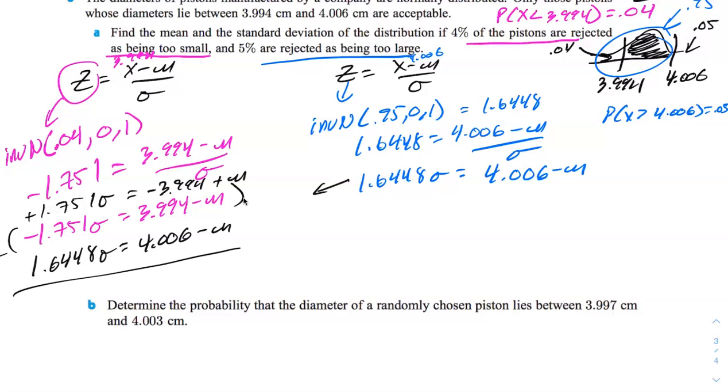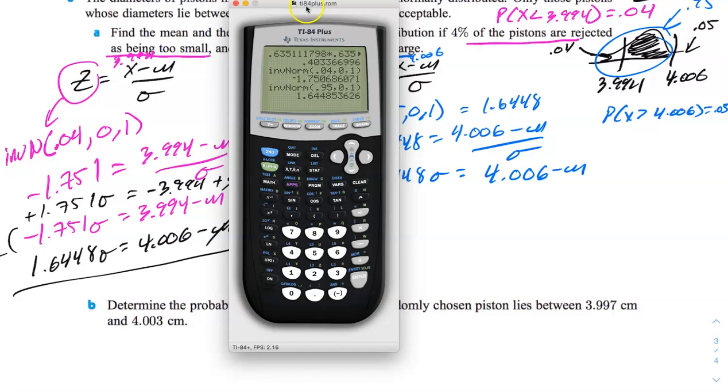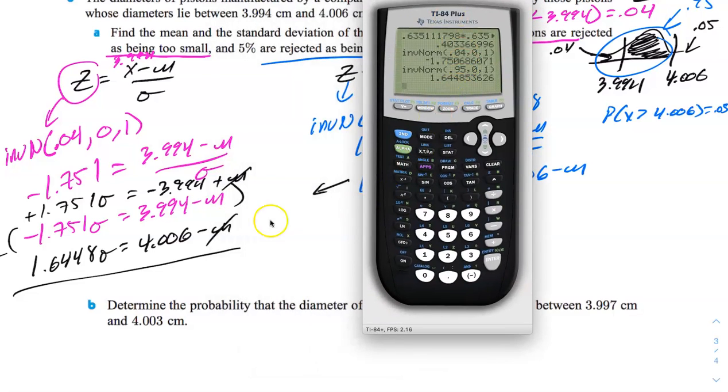So when you add them up, these cancel. I get this plus this, that plus that. So what am I going to get? I'm going to get this guy plus, with a double negative to make it positive, this guy. Again, I did double negatives just to make it work out. So I get 3.39553 sigma equals,